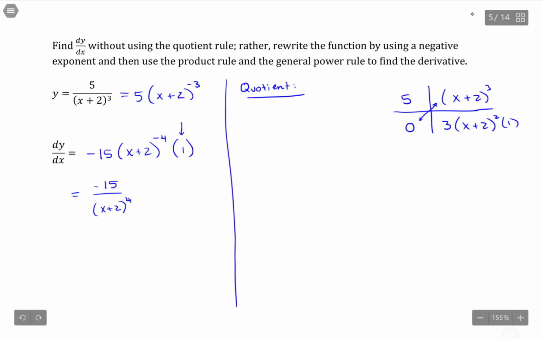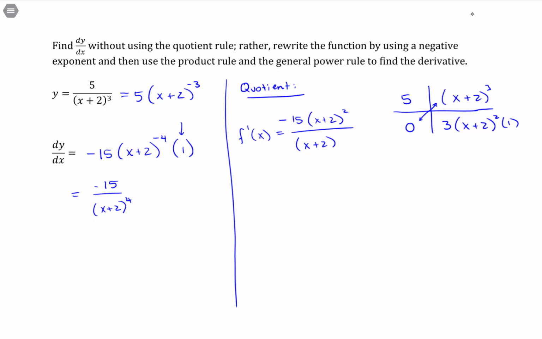Then we multiply these two boxes first, so my derivative then has the form 0 minus, then the product of these, so 5 times 3 is 15, (x plus 2) to the second power, all over the original denominator squared, which would be (x plus 2) to the third power, but then when you square that, you end up with (x plus 2) cubed squared,